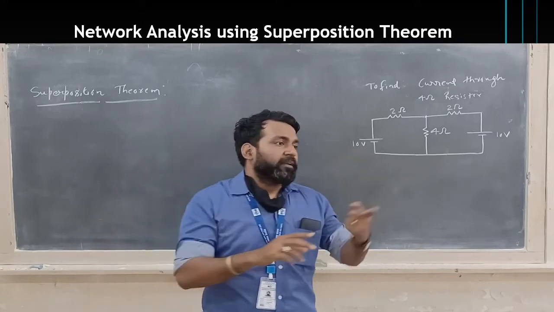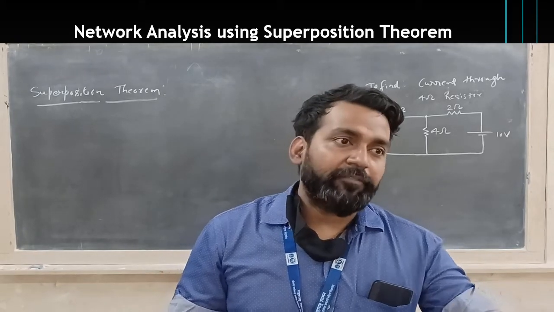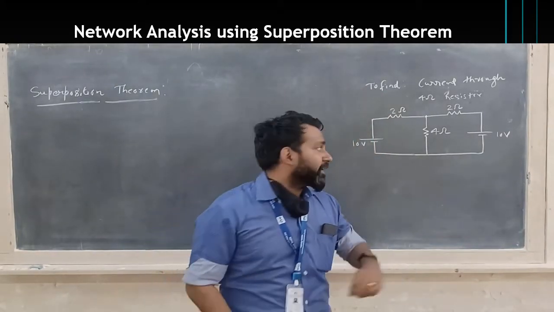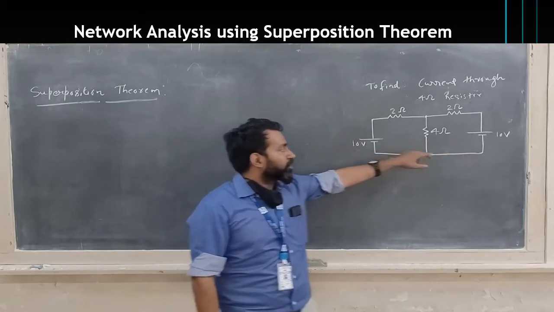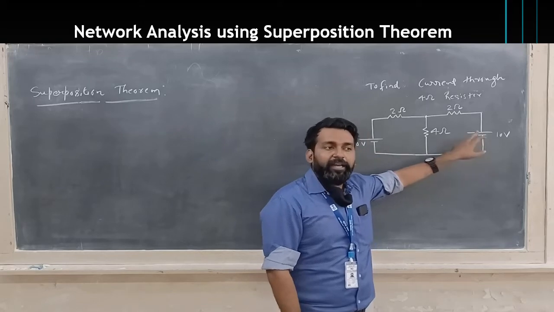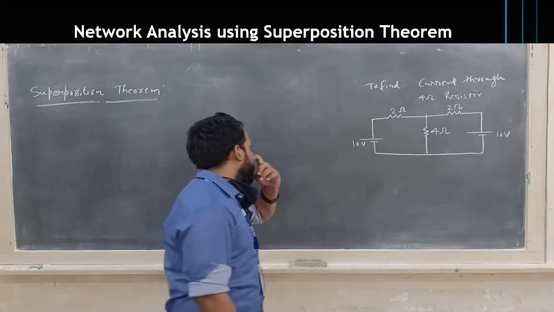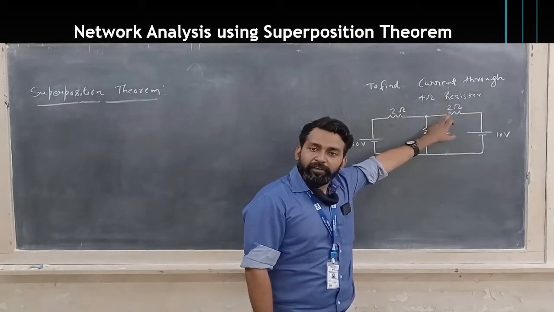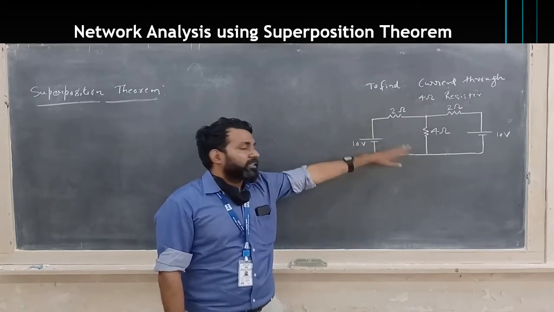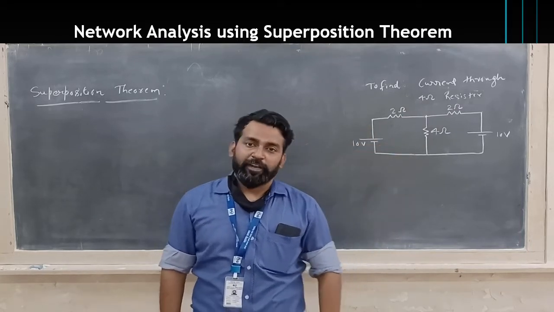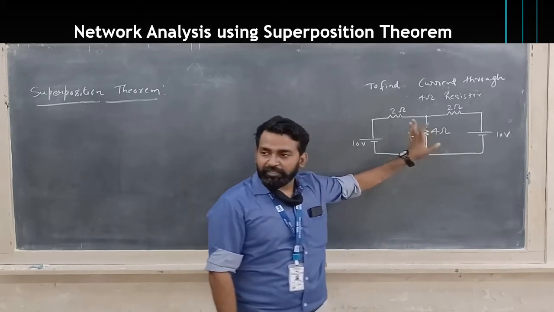Power sources can be voltage sources, and they can also be current sources. In our case, the circuit for analysis contains only 2 voltage sources: one of 10 volt and another also of 10 volt. It also contains 3 resistances. One has a value of 2 ohm, another resistor has a value of 2 ohm, and the load resistor has a value of 4 ohm. Ultimately we are supposed to find the current through this 4 ohm resistor using the superposition theorem.